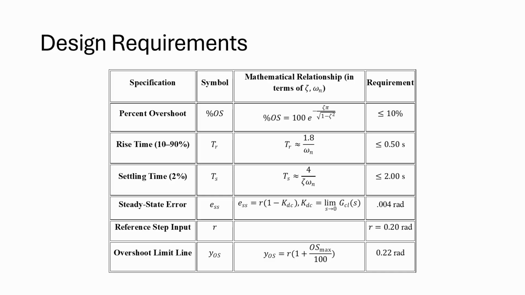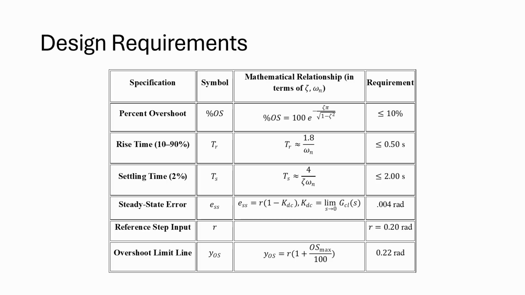So for our design requirements, there's quite a few that were decided upon. For percent overshoot, this is also a lot of times symbolized as MP. I wanted less than 10% overshoot, a rise time of less than half a second, a settling time of less than or equal to 2 seconds, a steady state error less than 0.004 radians,